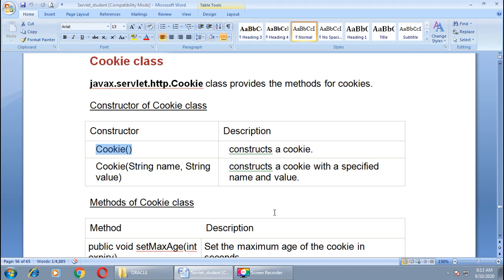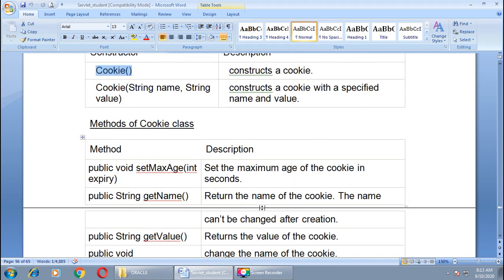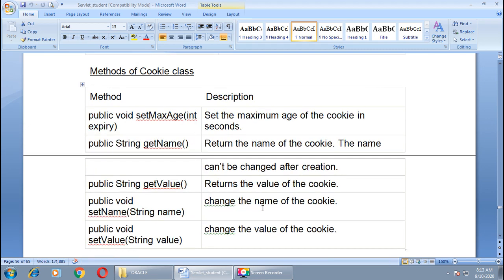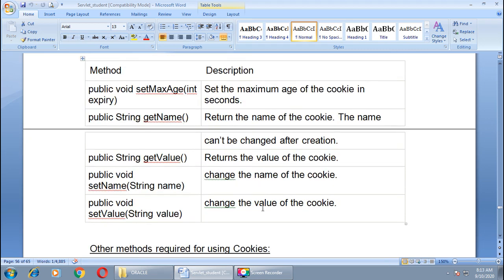The Cookie class has some methods also. Here on the screen you can see the list of methods with their descriptions. First one is setMaxAge. This method sets the maximum age of the cookie in seconds. Second method is getName. This method returns the name of the cookie.